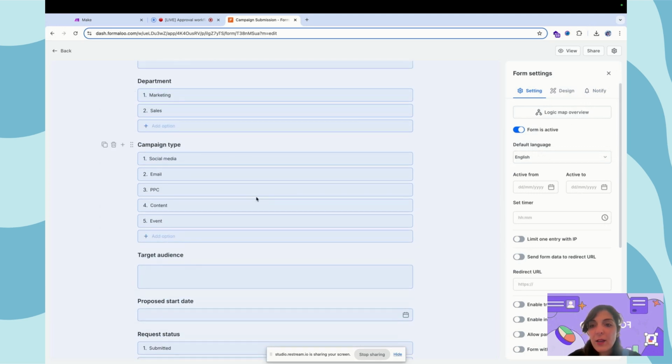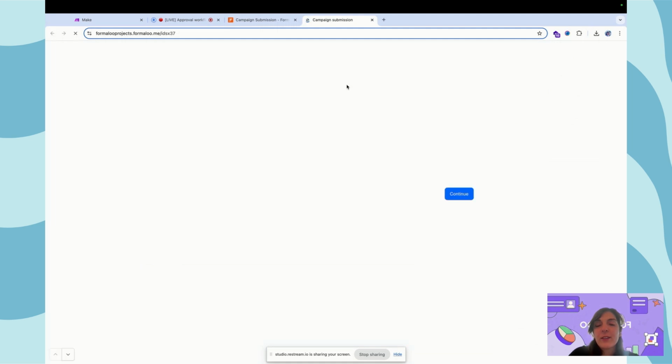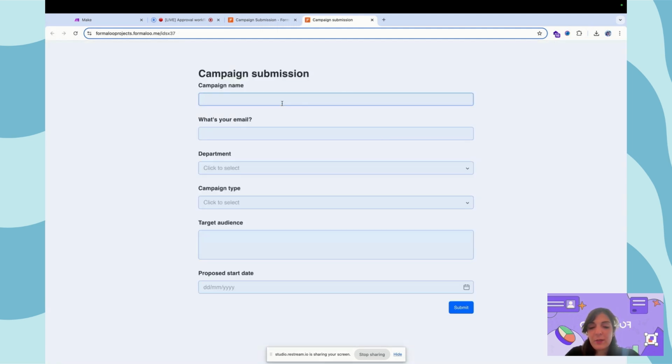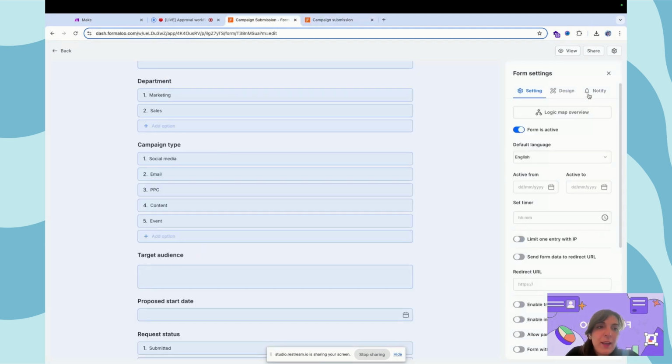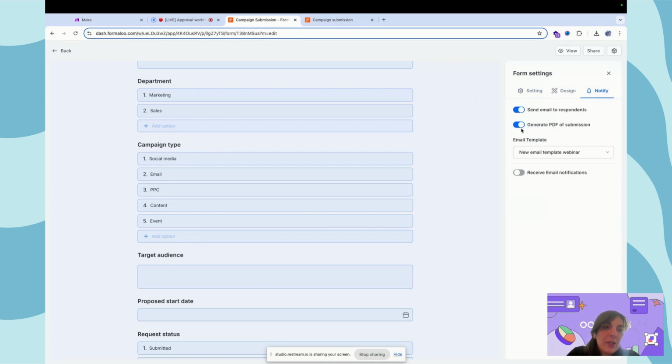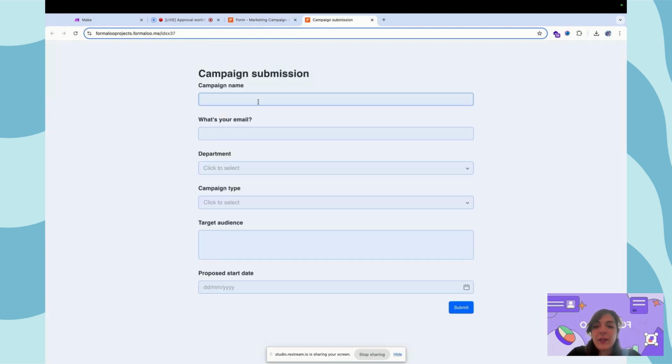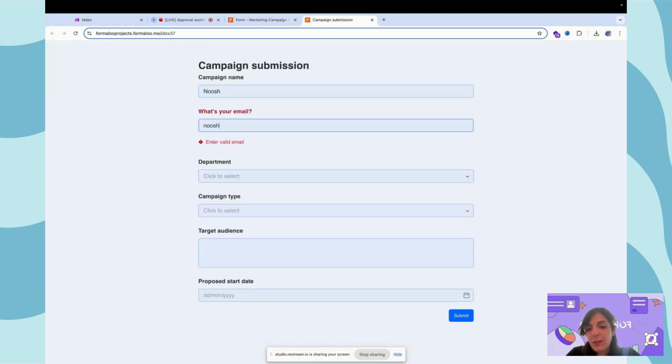And yeah, so the user will receive an email whenever they submit the form, and it's that simple. So we have enabled the PDF generator, edited this email template, and whenever you submit the form, you will